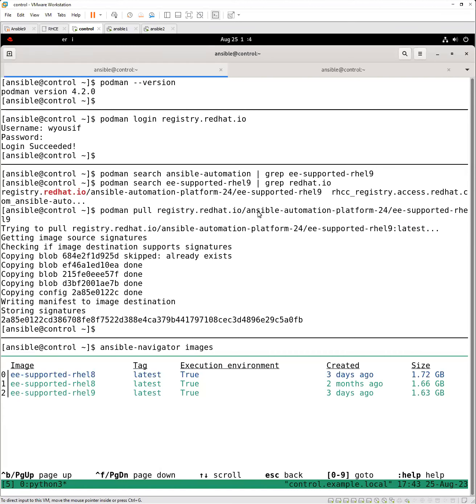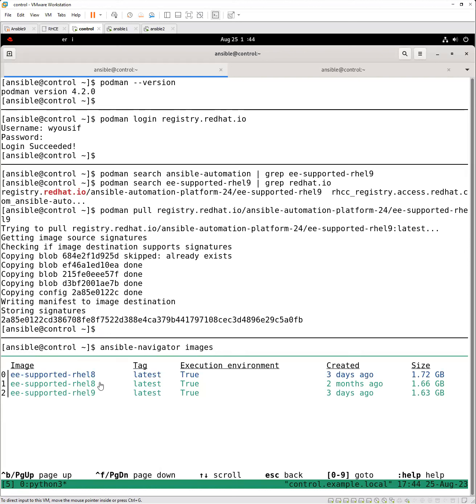Remember, this whole deal with Ansible navigator and execution environment is running Ansible in a container. So I'm using Podman to pull that container. This happened successfully, and I got a number for my unique container identifier right here. I have similar versions of that execution environment as containers. So I ran the command